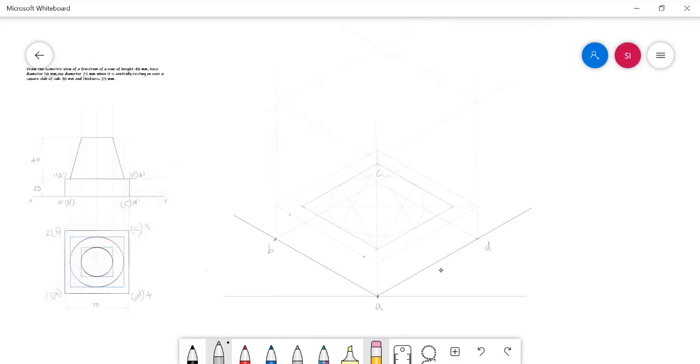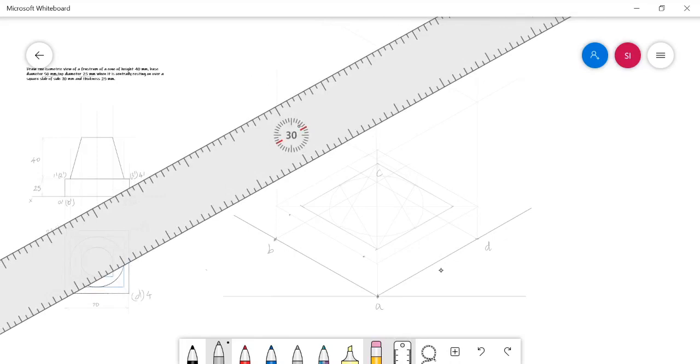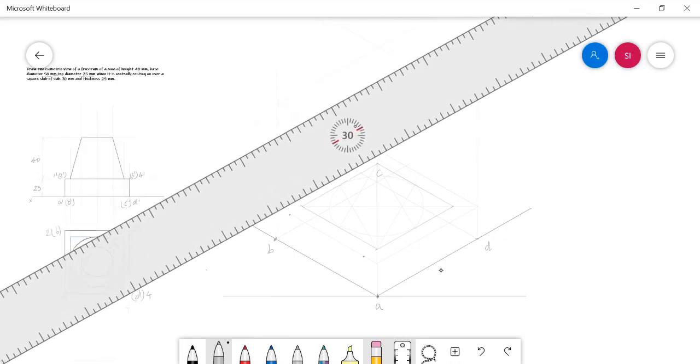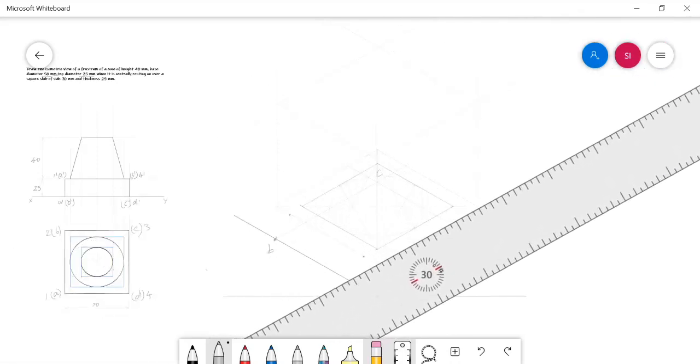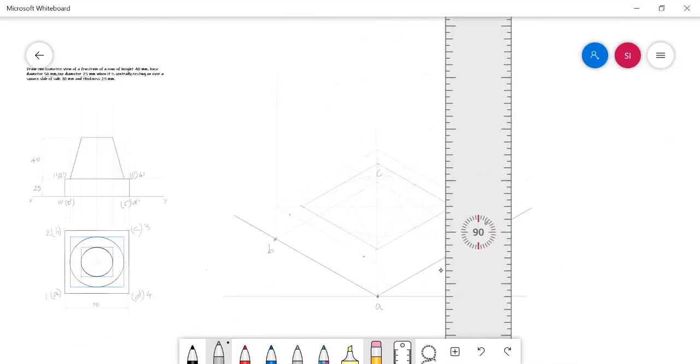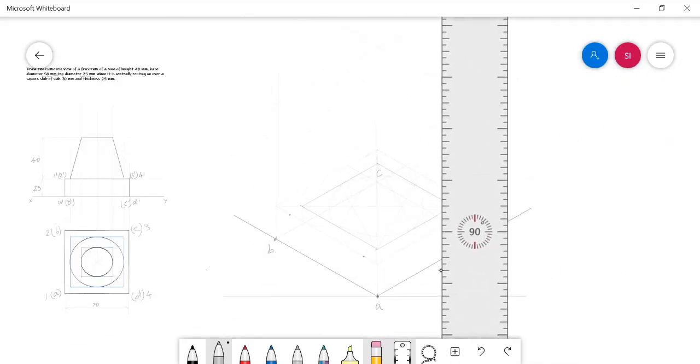So this height is nothing but the 40 mm. This height. You need not mark dimensions in the isometric view. For your understanding, I am marking here.